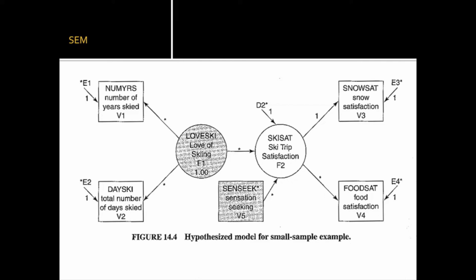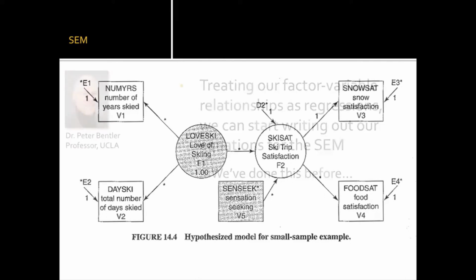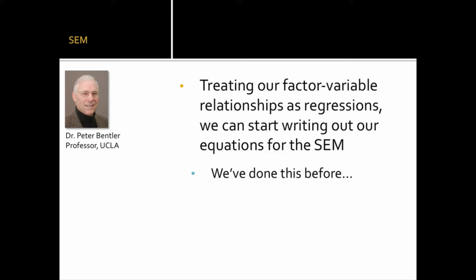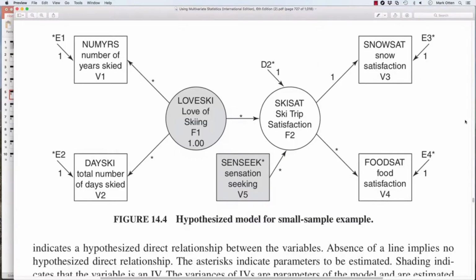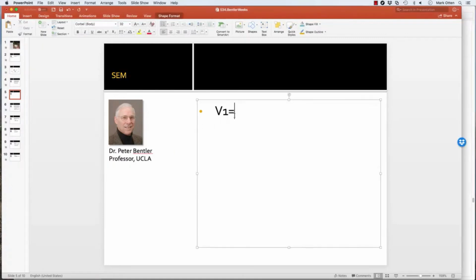So your setup for this is as follows. Treating our factor variable relationships as regressions, we can start writing out our equations. So let's do that for this model. We can start by looking at our first dependent variable, v1, number of years skied. When writing out our equations, it's nice to go DV by DV. That first variable, v1, is part of the factor love of skiing. So we start out with v1 as our DV, and then we set that equal